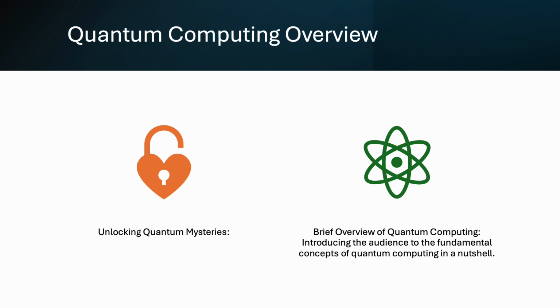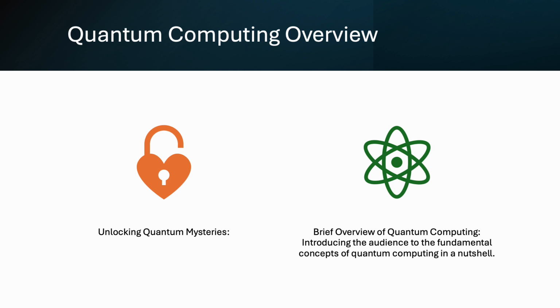This revolutionary approach to computation is unlike anything we have seen before, drawing its strength from the fascinating principles of quantum mechanics. At the core of quantum computing lies a fundamental departure from traditional computation. While classical computers use bits that can exist as either 0 or 1, quantum computing introduces a game changer, the quantum bit or qubit. Unlike its classical counterpart, a qubit can exist in multiple states simultaneously, thanks to a phenomenon known as superposition. You need to imagine this.